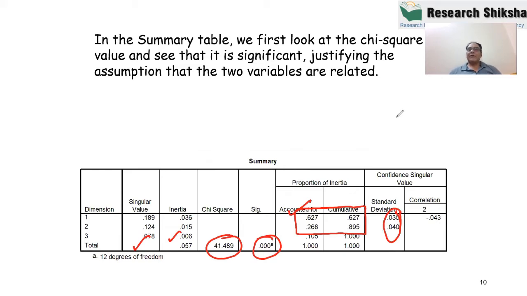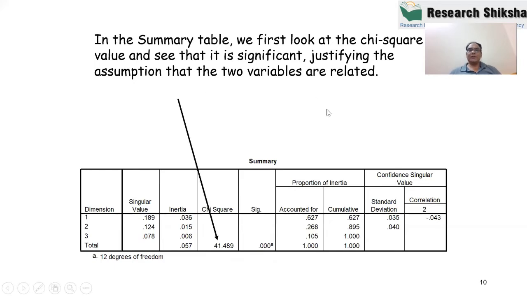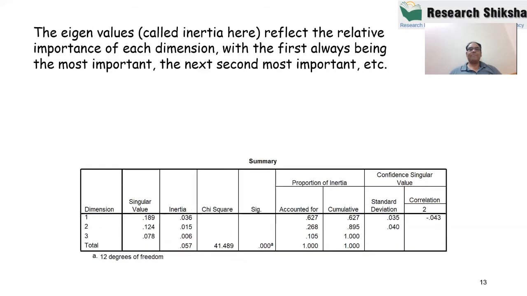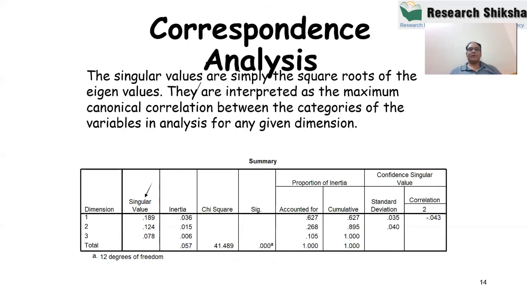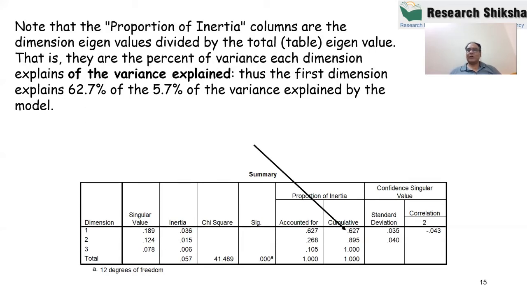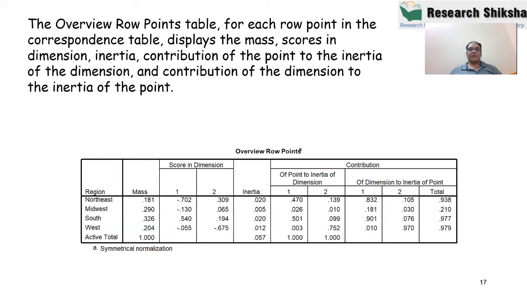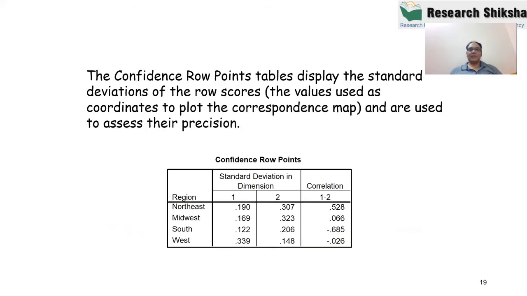Okay. So after understanding the association between the two variables, the row variable and the column variable, the most important output is coming. This is the same table. Actually, I wrote the explanation in different slides. So this is already explained, that 62% of the variance is explained by dimension 1. Now after that, this is the same table. After that, we are having the most important